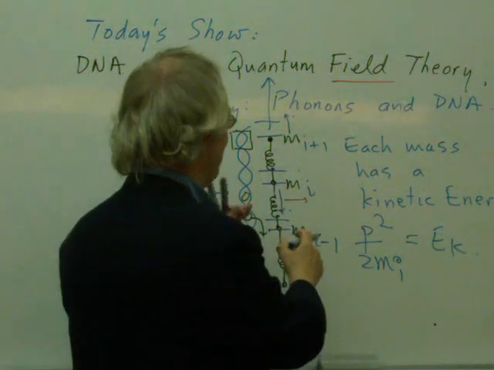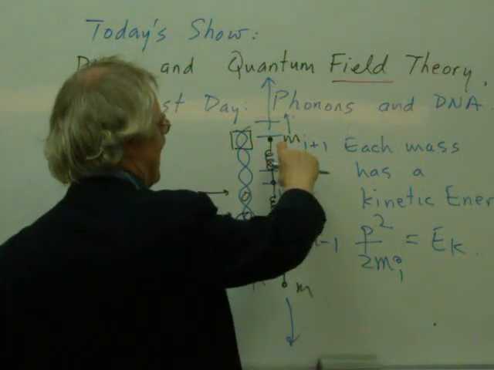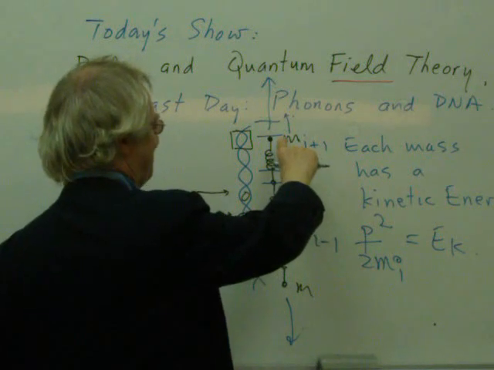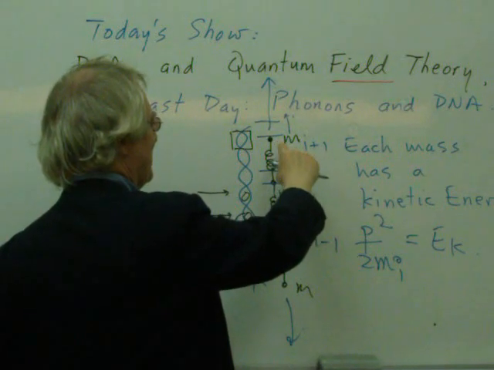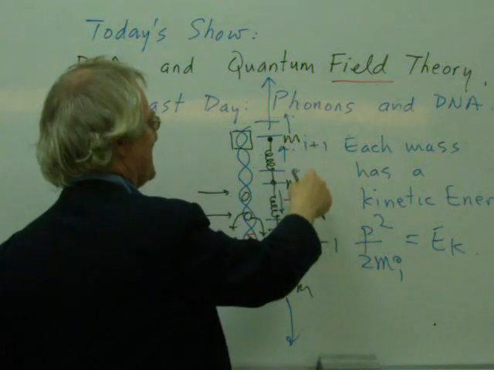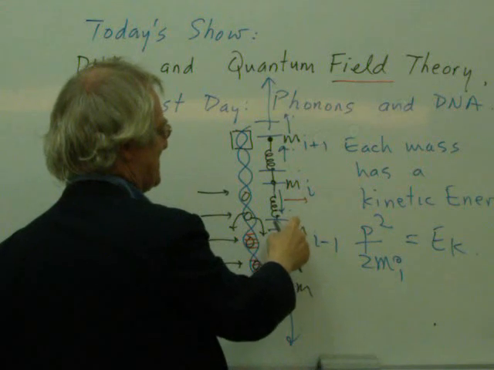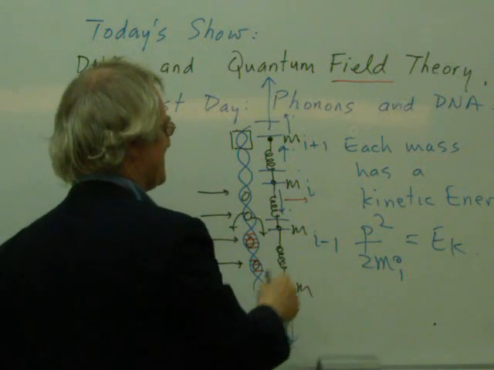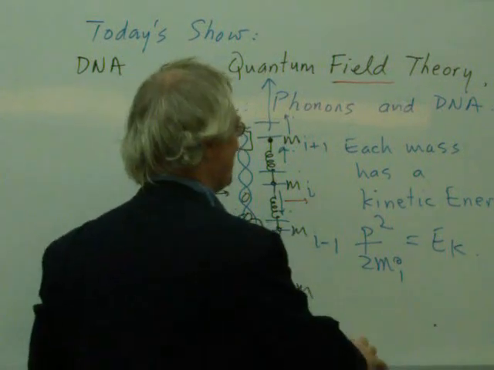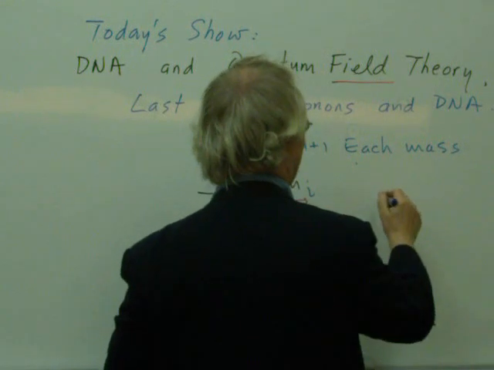So m sub i is being pulled that way by the motion of m sub i plus 1, and there's a force in the other direction related to m sub i minus 1, and the potential energy works out to be something like, if I can remember correctly,